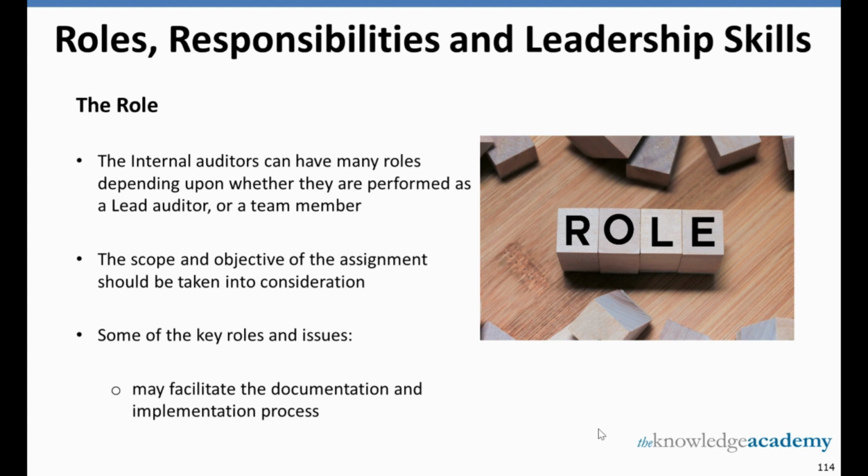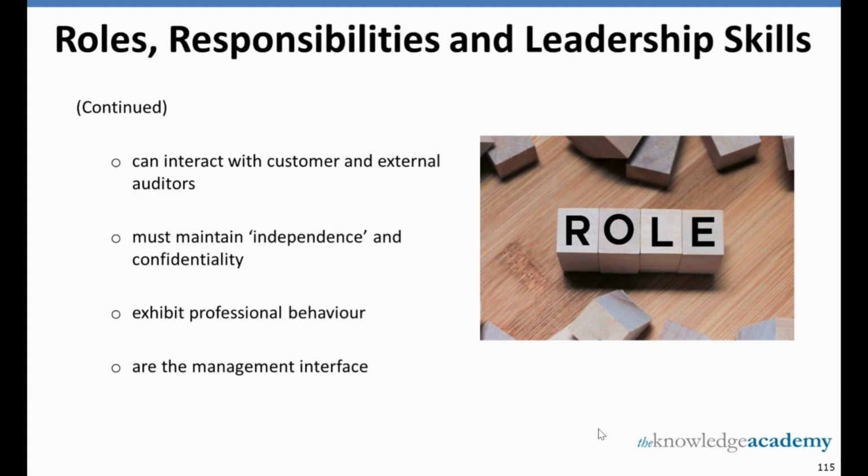And when we talk about the implementation process, it is the implementation process of QMS in the organization. So the internal auditor is liable to facilitate the documentation and implementation process of QMS. Then he can interact with customers and external auditors. He must maintain independence and confidentiality, where his decisions should be independent without any prejudgment, and he should be able to maintain the